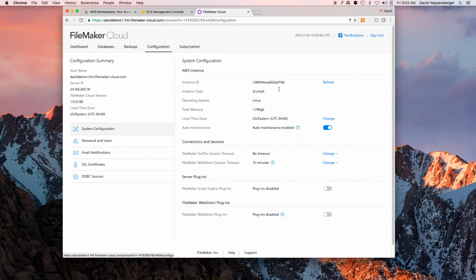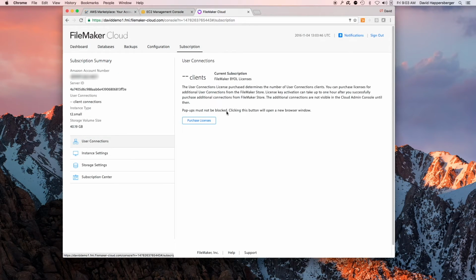Configuration is kind of an overview of what you have. There are different settings that you can click through here. Auto maintenance will always automatically be enabled. That's one of the key parts of FileMaker Cloud, that it's automatically going to do those updates for you. You can change that accordingly if need be.